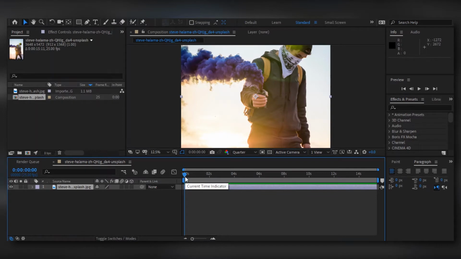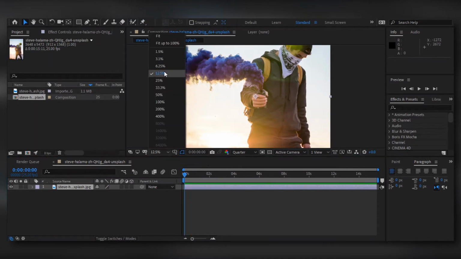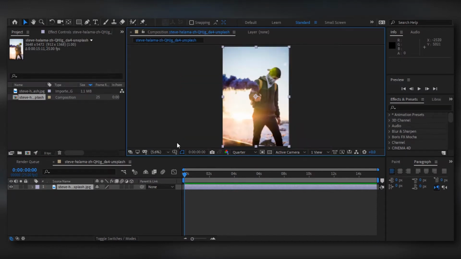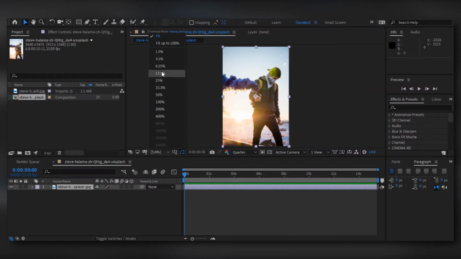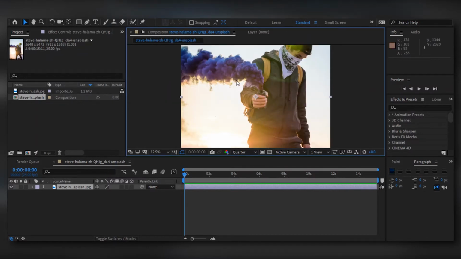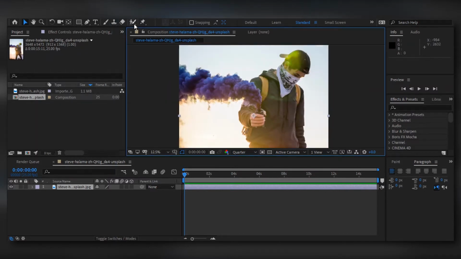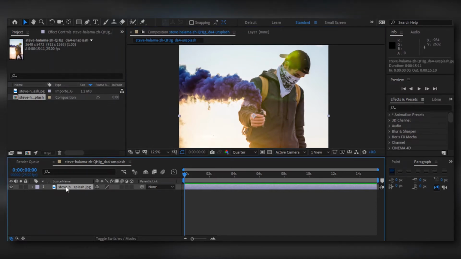Now you can see that photo inside the timeline, but it's a little bit zoomed from over here. If you click on fit, it will be in its original scale, but we just want to edit the smoke, that's why we are keeping it like this, and click on H to move it up and down. Now what you can do to create that effect is select the video and hit Ctrl+D, which will create a duplicate copy of that video.